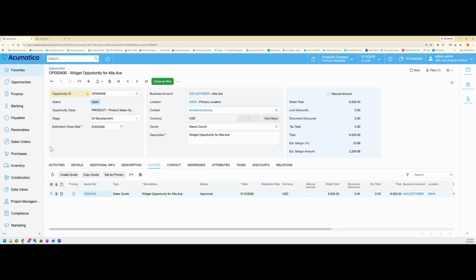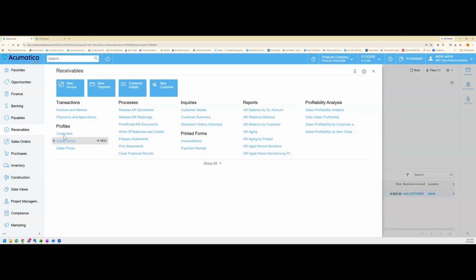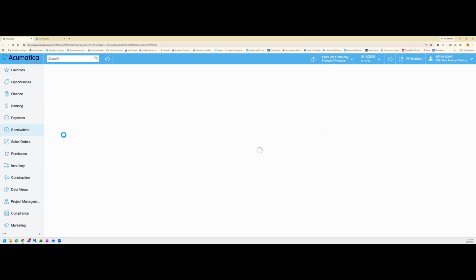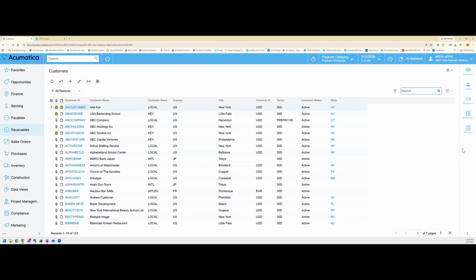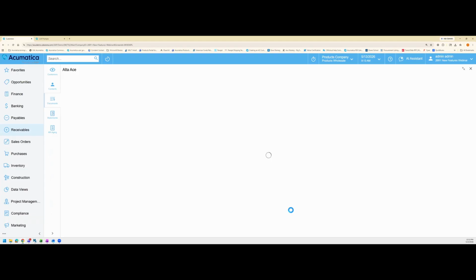So I'm going to be moving on now to the customer. Acumatica has been continuously enhancing side panels with every release, since side panels have come out. In receivables, if I come over to customers, Acumatica has added some more side panels, this time to the customer GI. A couple that we're going to be focusing on are documents and AR aging, which I think are pretty cool. If I pop open this documents side panel, this is going to give me insight as to what is going on with this customer